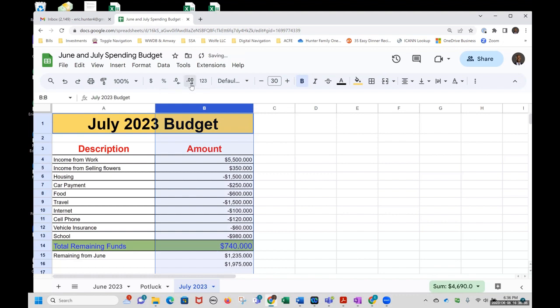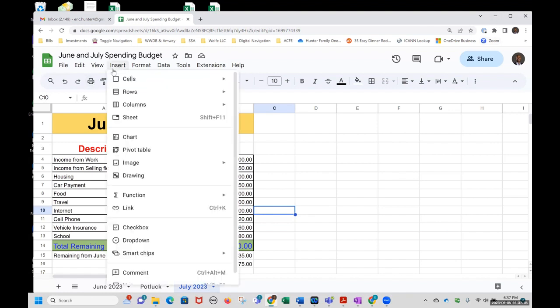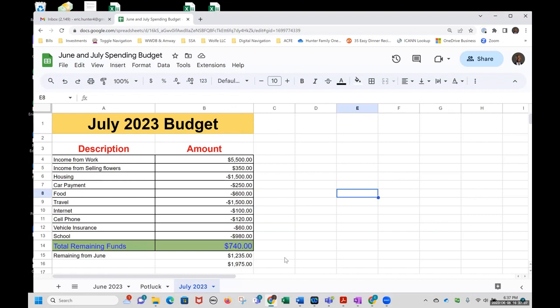We can add the decimal point. We can even go, if you're doing something very detailed, you can add more decimal points if you want to get very specific. But for money, typically we're using 2, right? We talked about how to save it. We talked about how to share it. And we talked about just working with multiple people on these spreadsheets. And again, this is just a really great tool that I would recommend that you get used to using. So the last thing I want to show you is, let's see if